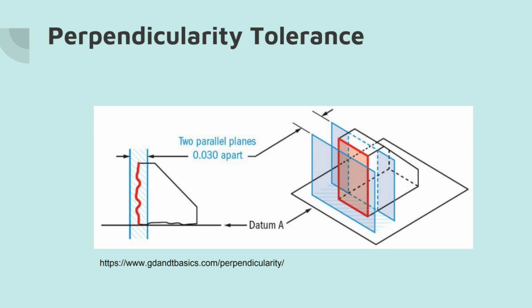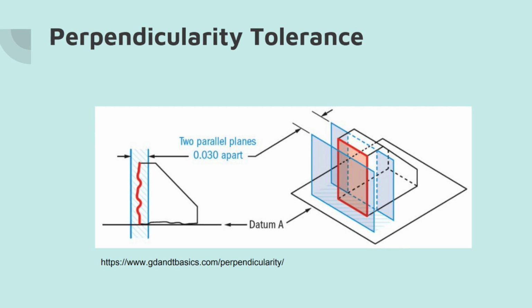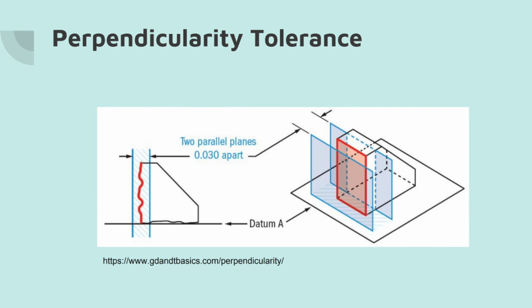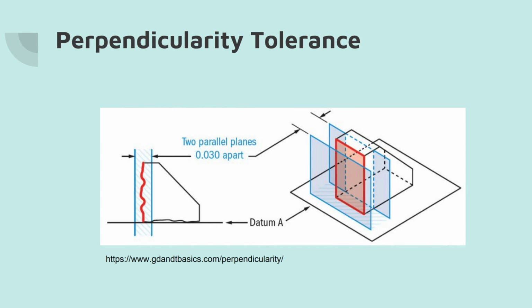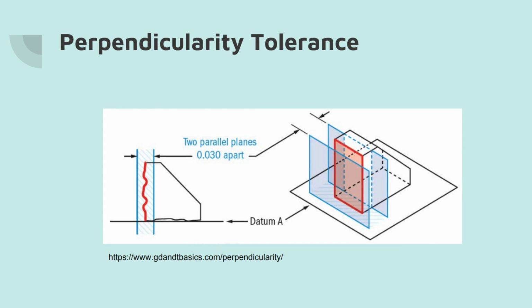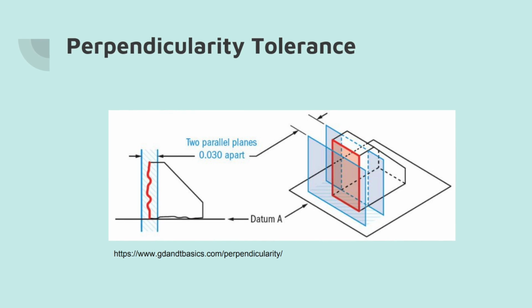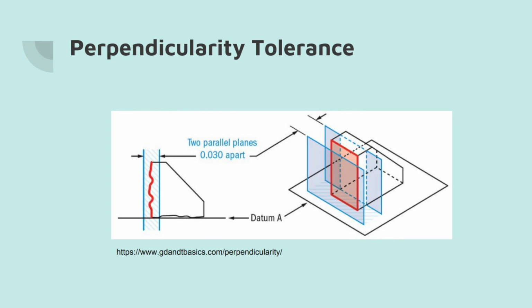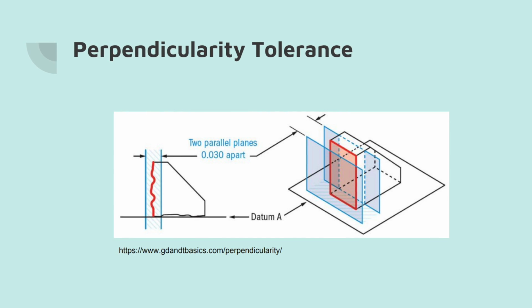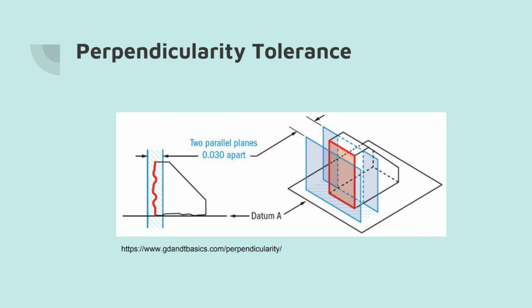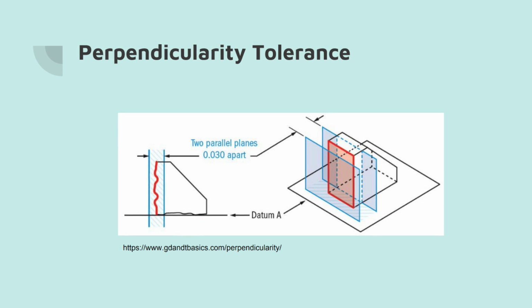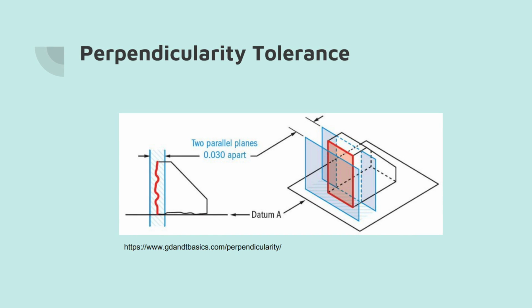This is a perpendicularity tolerance. A perpendicularity tolerance is used to ensure that two features of a part are perpendicular to one another. In this figure, it is shown that the orange surface needs to be perpendicular to datum A. Rather than using angles to ensure perpendicularity, a tolerance zone of two parallel planes is used. Similar to a flatness tolerance, the planes are a set distance apart. If all the points on the feature being toleranced are within those two planes, the feature is deemed perpendicular to